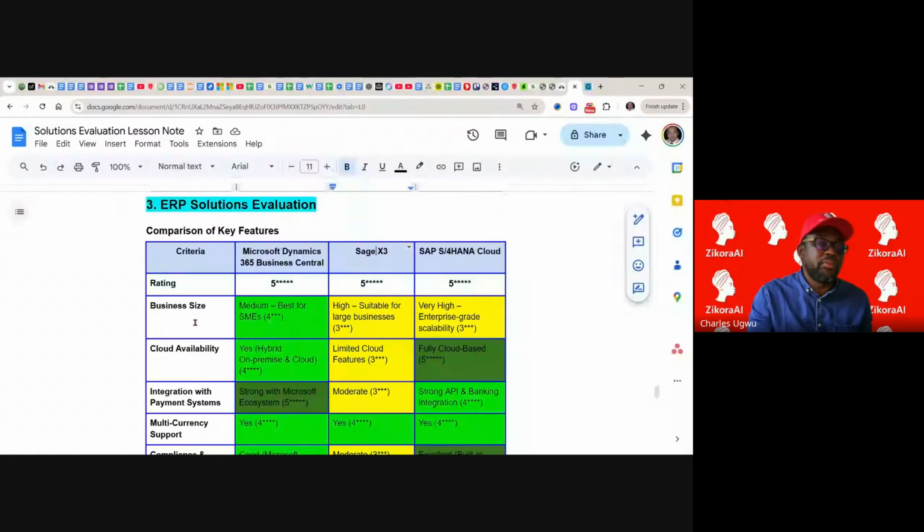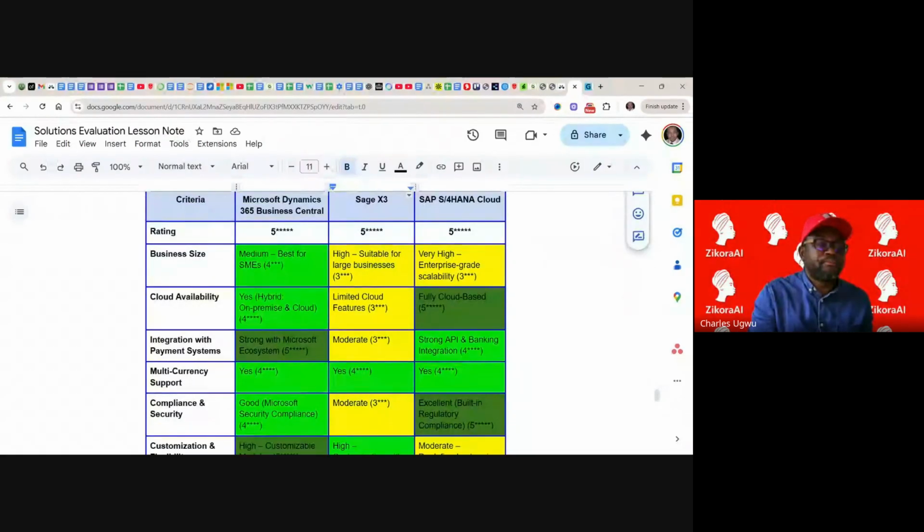And what these people are looking for is the business size SME when we are looking at our key requirement. Then cloud availability. This one, yes, cloud, and they're on premise as well. So that is 4. Let's call it 4-star. And this is limited cloud, score 3. And this is fully